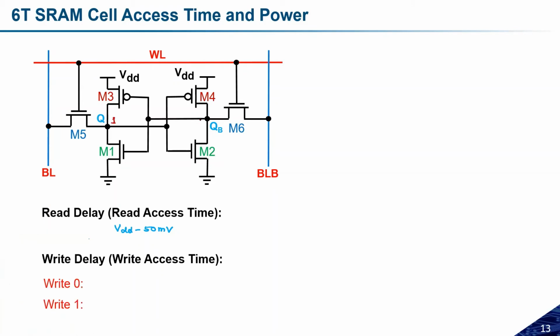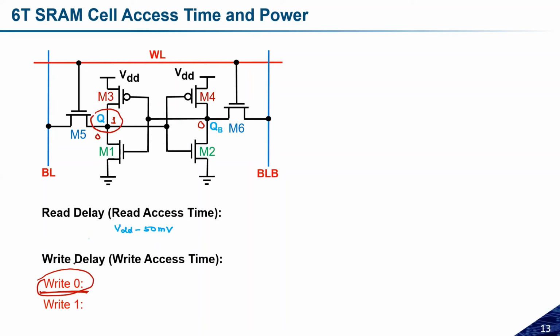Because I'm performing the write 0 operation, I need to consider the opposite case, because if 0 was there and then again I'm writing 0, there will be no time, right? So I need to change the state, because if I want to calculate the write 0 delay, I have to first make this Q equal to 1, then I have to write 0 on node Q,